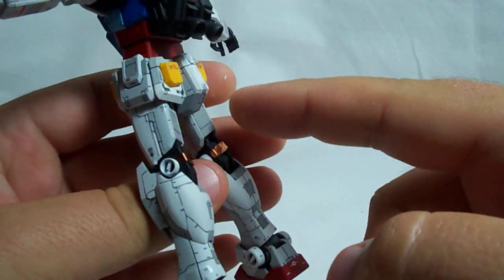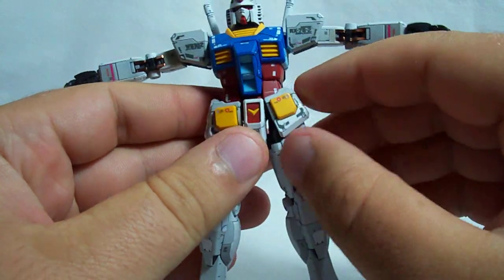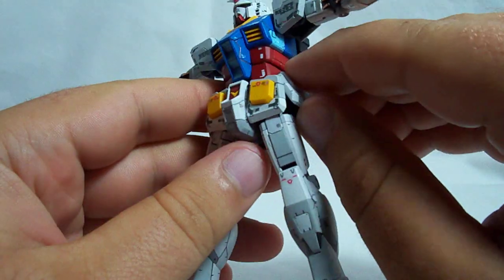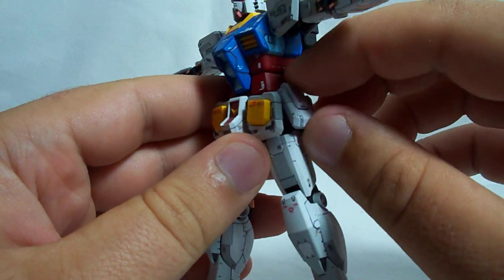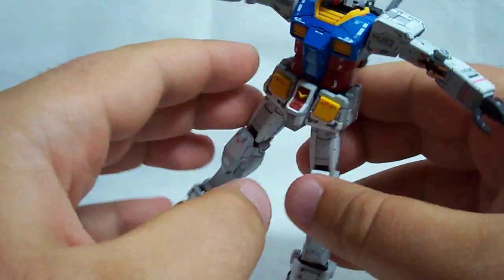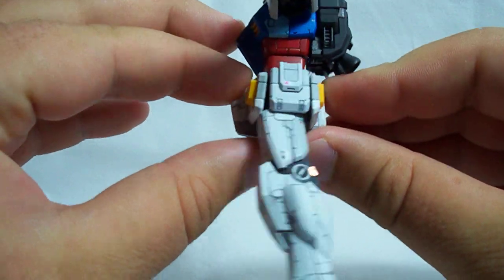Each one of the parts of the side skirts are on a ball joint. So the front skirts are on a ball joint, and they can go up and wiggle around. Side skirts are on a ball joint, but they only go up about that far. And of course they can rotate a little bit. Back skirts, of course, are also on a ball joint, so they can have pretty much the same amount of movement. And also there's a funny joint inside the